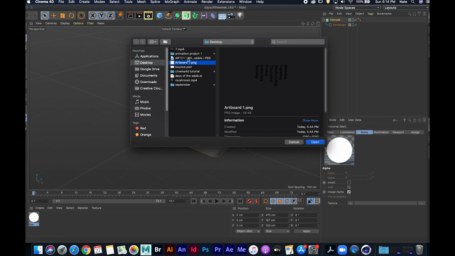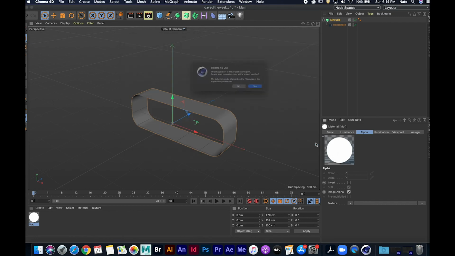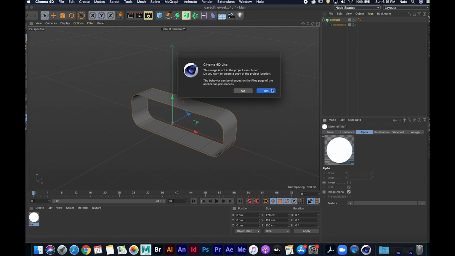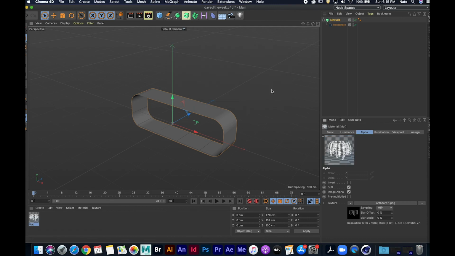I should probably change the name of that, but I'll just say open. And just because this image is not in your search path, do you want to put it in your project location? So that's something you probably should do. If I was actually using this in a project, I would want to go ahead and set up, put the file in the right location to begin with. So you can see my text is now on my material,